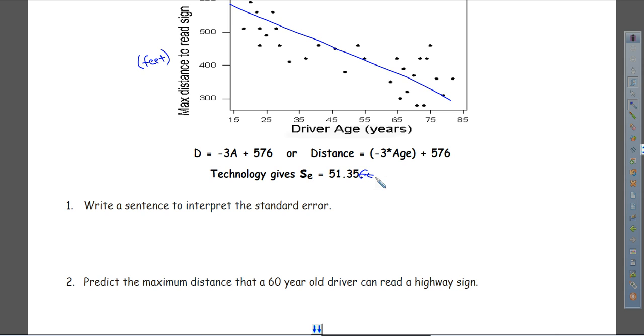So let's write a sentence to interpret the standard error in the context of this given example. Remember, when you hear standard error, just think of it as average error in the prediction, and let's be a little more thorough in our interpretation. I'm going to start off with on average, because it is an average error estimate. On average, we estimate that our prediction